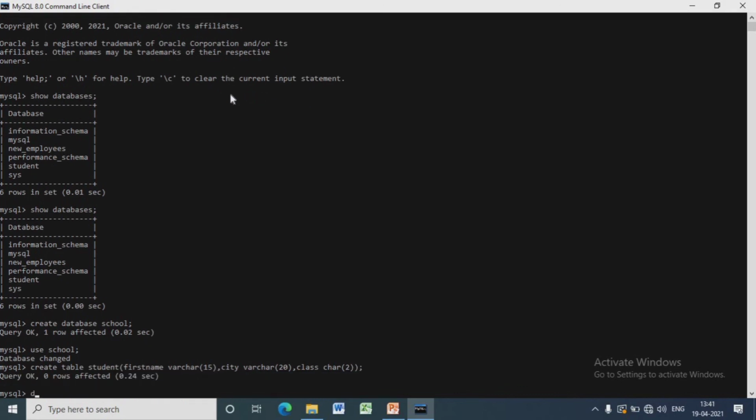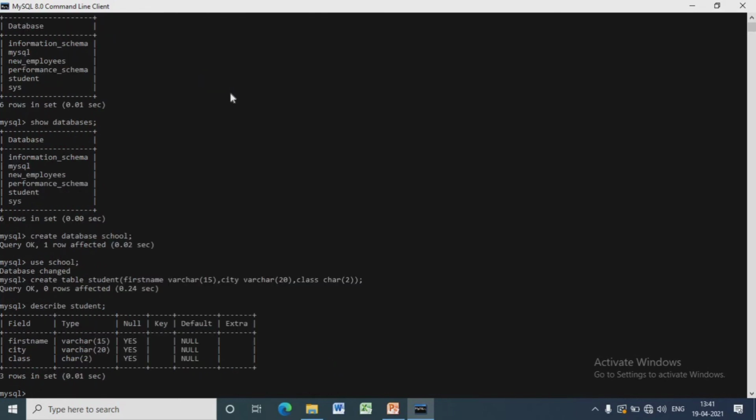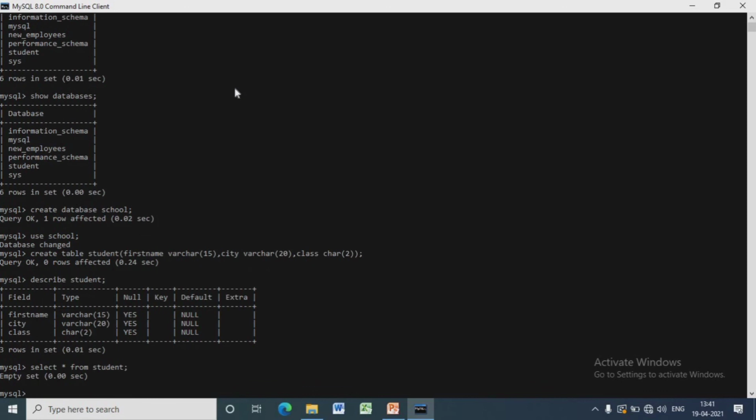Here, if we write describe student, it will have 3 fields, and first two are varchar and third one is character. Here, as we have not inserted any data, if we write select star from student, it will give an empty set.